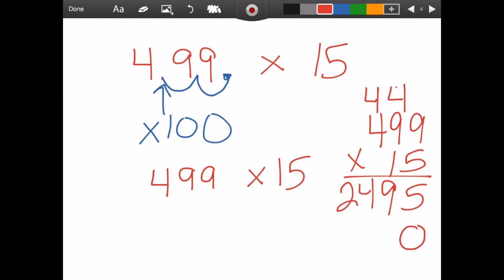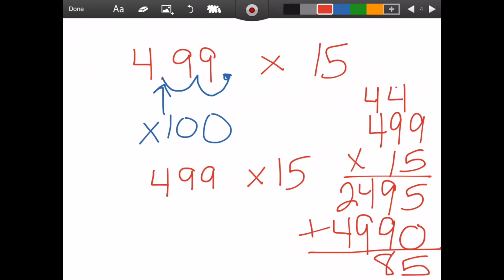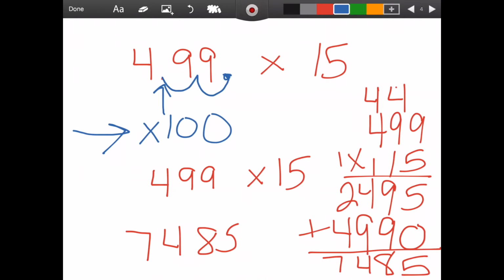Put down our 0 because we're moving on to the tens place. 1 times 9 is 9. 1 times 9 is 9. And 1 times 4 is 4. If we add those two together, we get 7,485. Now keep in mind, we had changed the problem because in the very beginning, up here, we had multiplied